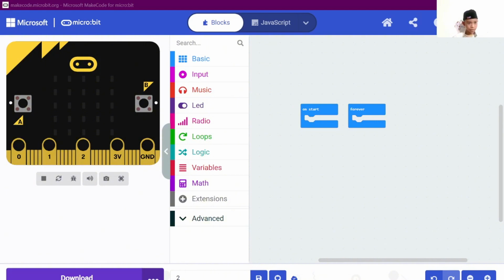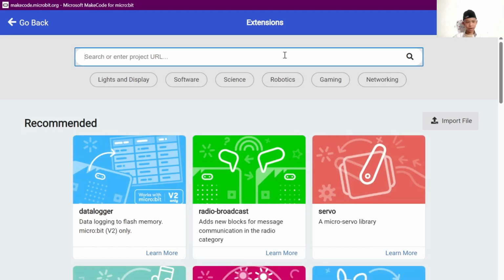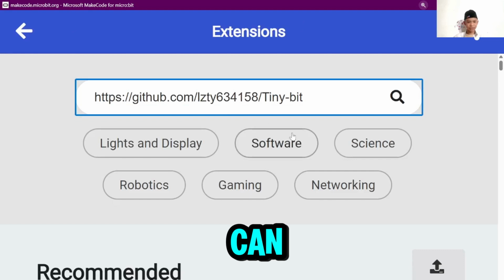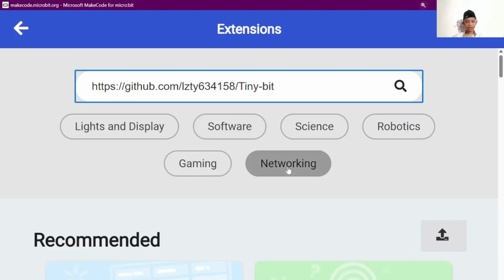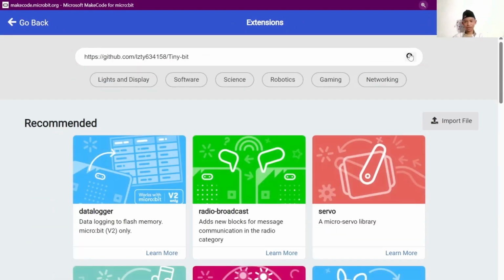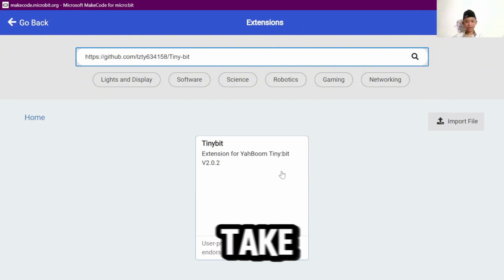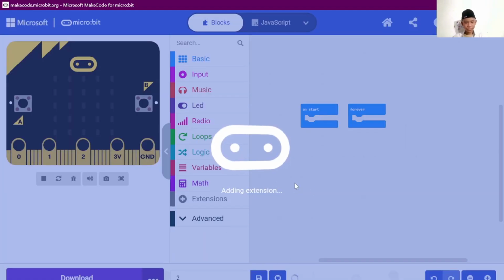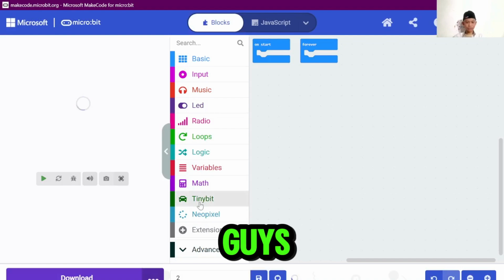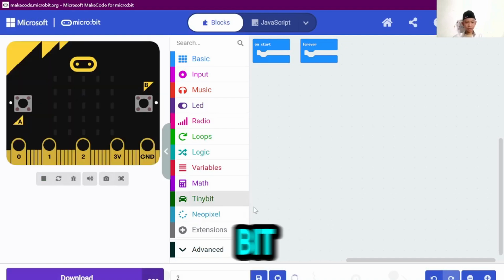Okay, I already found the link. You click this one, and after that you can see the link. You need to write it. Later you are going to get TinyBit and this one.